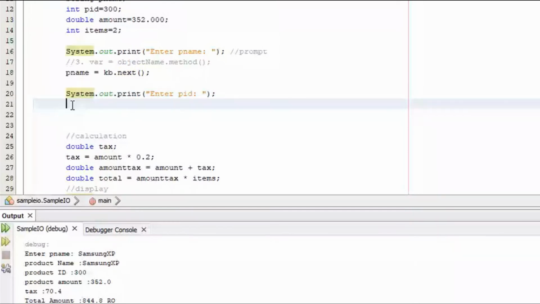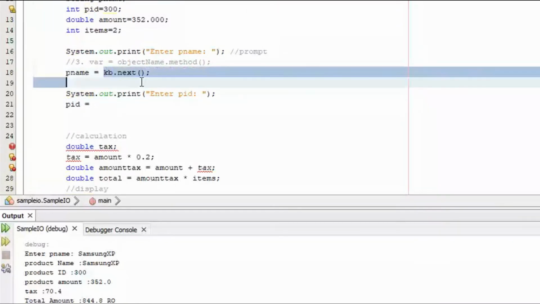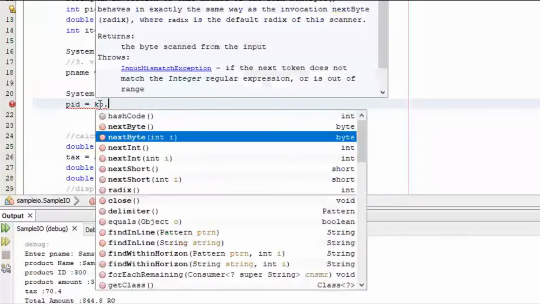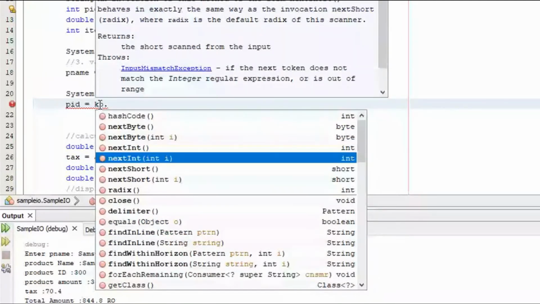First, I will put the variable, right? And then I will follow the same format. Do I still need KB? Yes, I will still need KB. Okay, so I will have KB dot. If you press that, the options will be there. What data type will I input? What is the data type of PID?